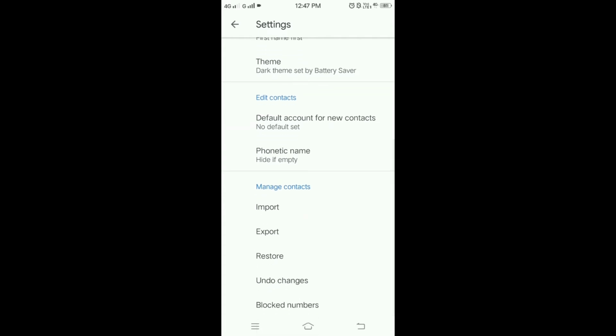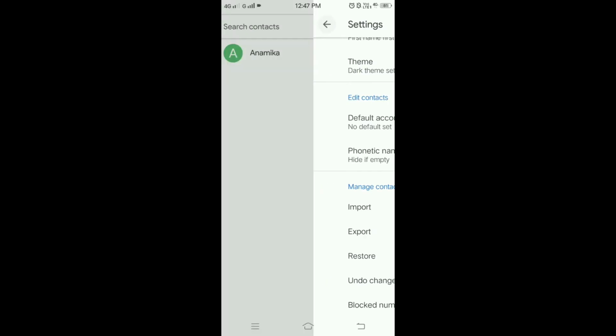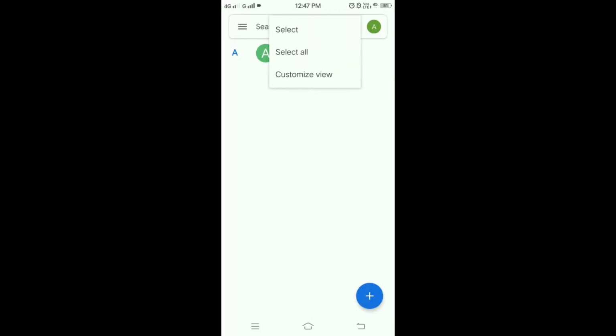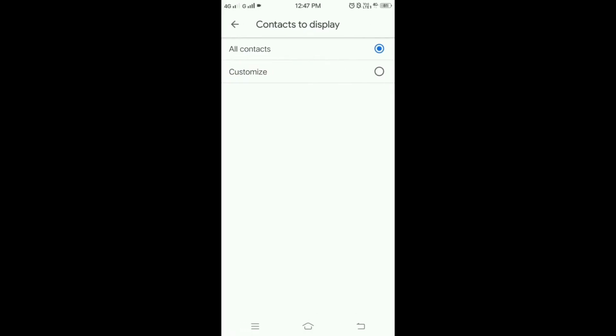You can also manage contacts by importing, exporting, restoring, and also you can block numbers. Here you can select customize view to display the contacts. So it's a must try address book application.